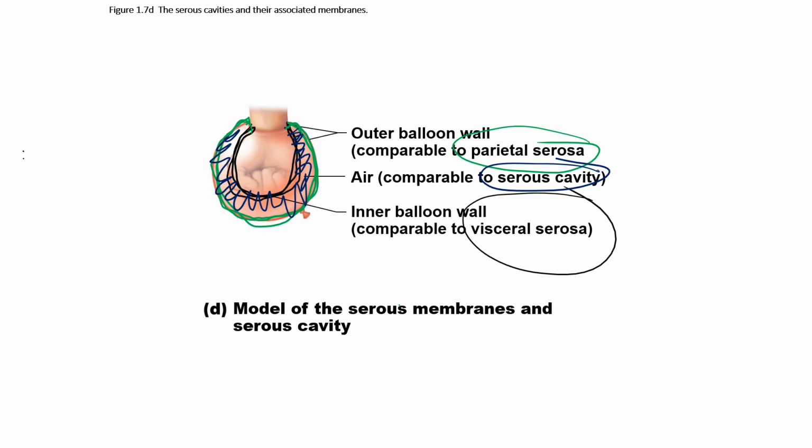And let me tell you something else. In the human body, the visceral and parietal serosa are very, very close to each other in distance. They're so close to each other that they basically are making physical contact with one another. You'd have to look at them underneath a microscope to be able to tell that the visceral and parietal serosa actually aren't physically attached to each other. But nonetheless, they're not physically attached to each other, and there is a space that exists between them